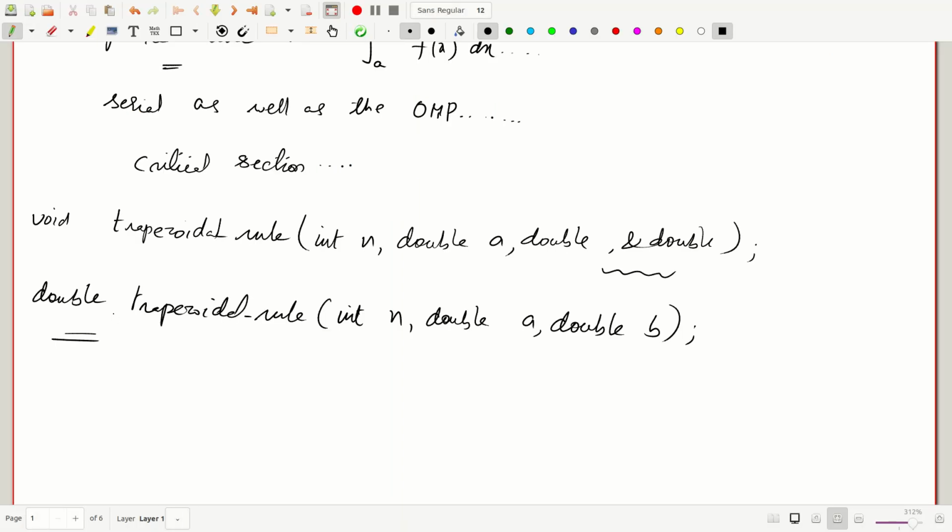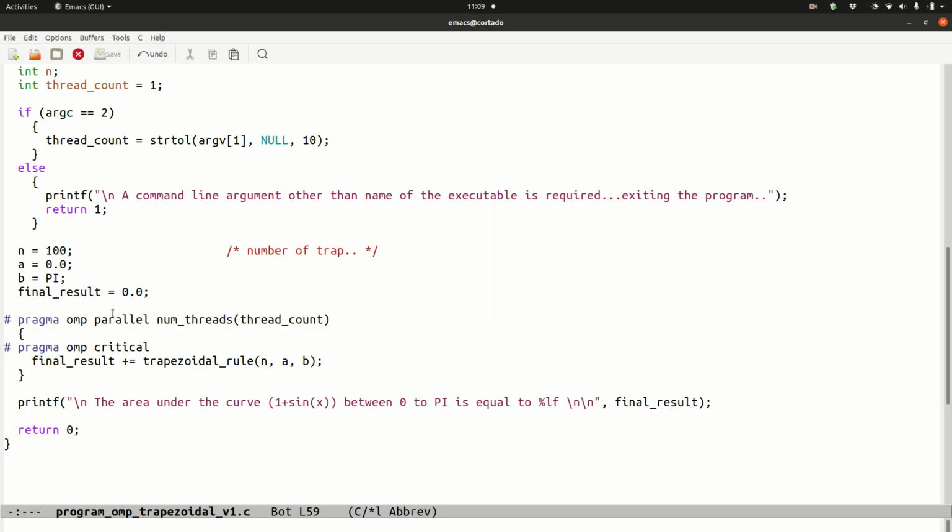So the code seems to be working fine, but there is some issue with the code, right? Can you see the problem with this particular code? So this code is perfectly fine, but there is a big, big drawback with this code. What is the big drawback with this code? The shortcoming is that because we have set the hash pragma OpenMP critical, and then we have written this final result plus equal to trapezoidal rule,